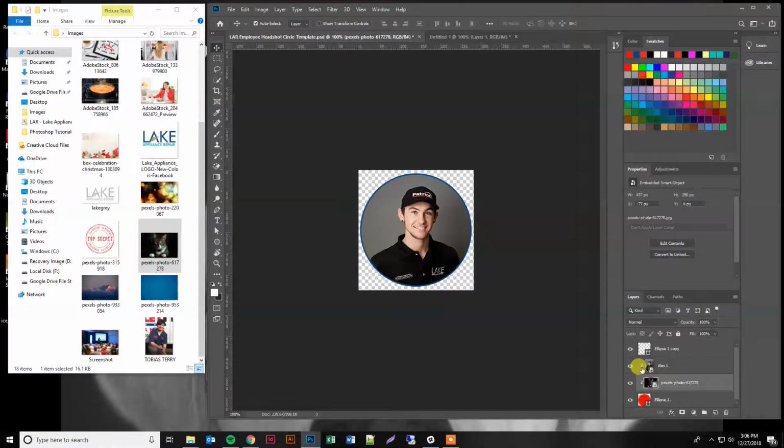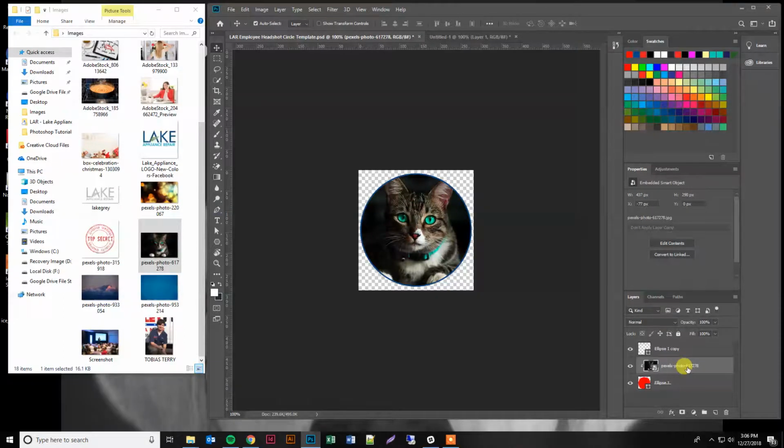You can see that beside Alex there's this little arrow that's indicating that there's a clipping mask. So it's saying that this photo of Alex, as well as the photo of the cat, since it has the arrow as well, have a clipping mask to whatever layer is below it, which is this red circle. So this photo is clipped into the shape of this circle. All right, so we're going to delete Alex since we don't need him, and you can see we have our